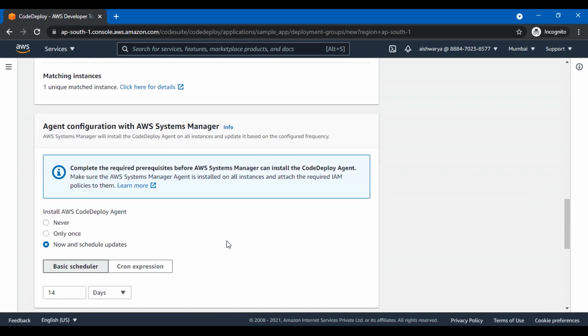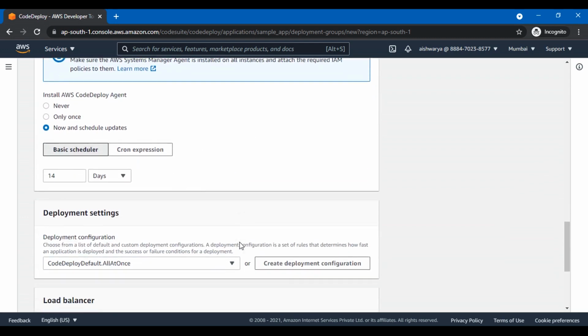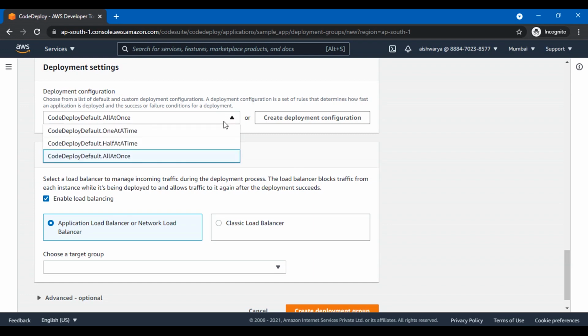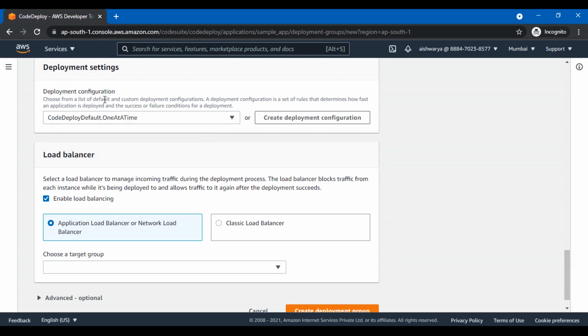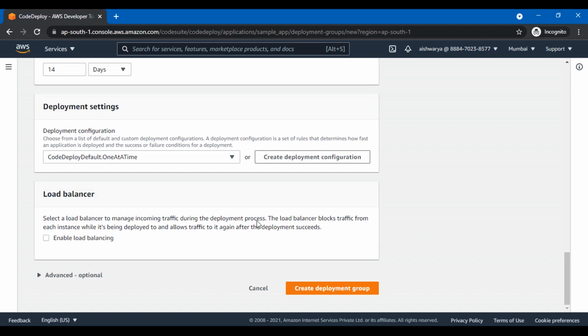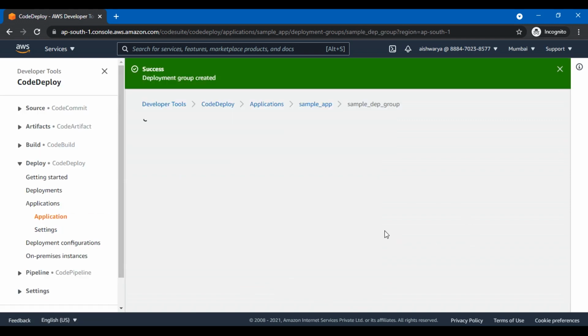And then other settings, I can leave as default, and the deployment settings I am choosing is one at a time. And then I can disable the load balancer settings as of now, because I do not need it right now. Now click on create deployment group. So my deployment group has also been created.